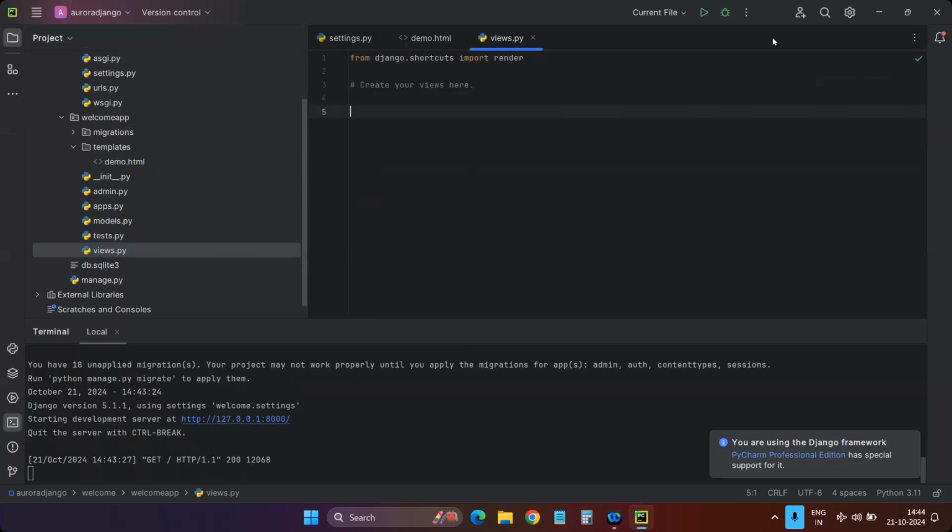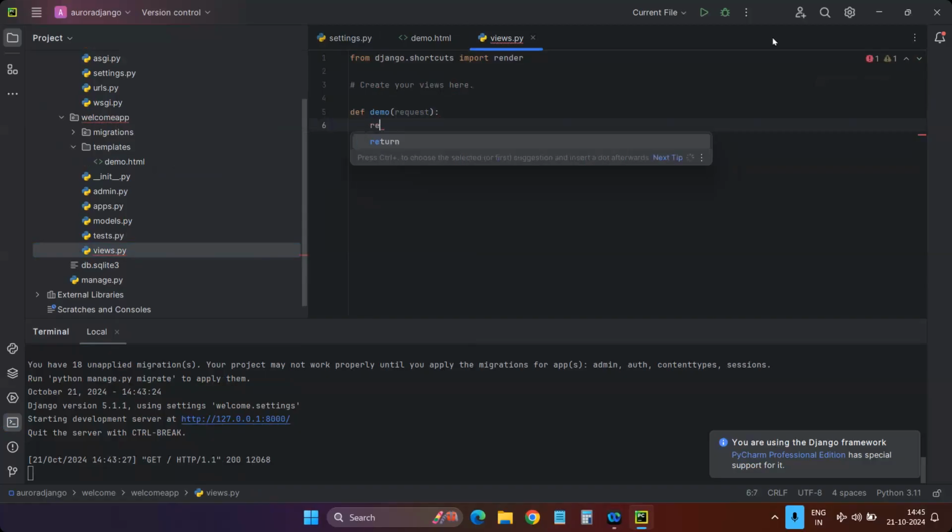To create a function we use def. Here you have to give your function name, whatever name you want. I want to give my function name as demo only. Then request, colon. Next line, return